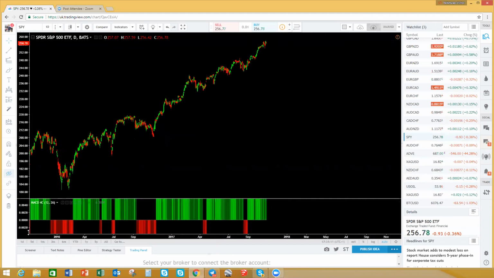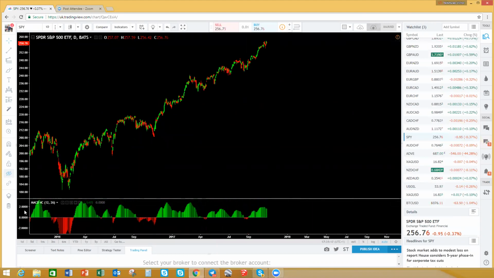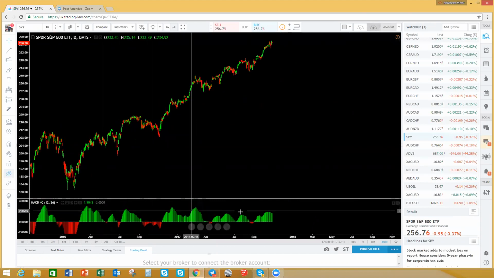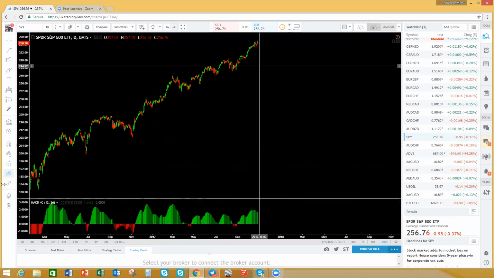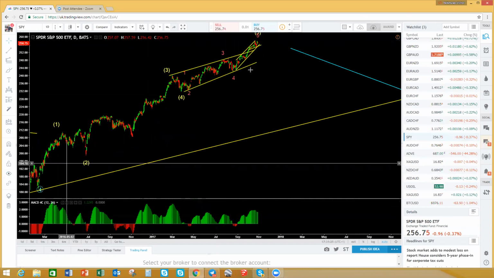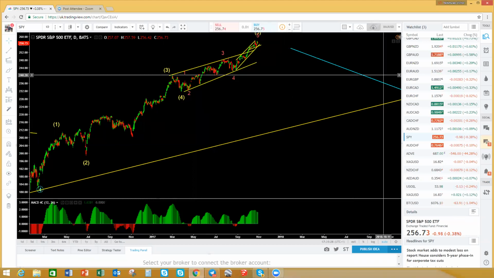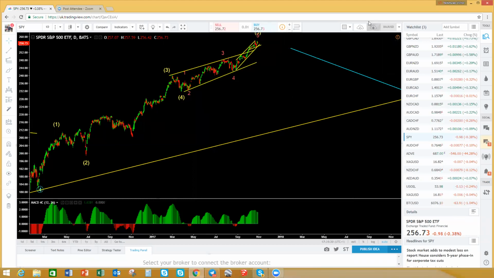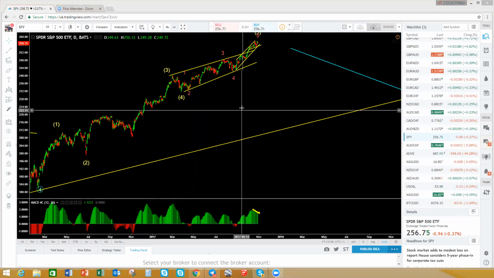The S&P 500 just keeps on going and going like the other indices. They're rocketing and rocketing, just going higher and higher. The only time this will drop is when we start getting divergence. If you put this on, you can see they're making higher highs, higher highs. Only now the indicator, the MACD, is starting to make some divergence. This is still going up, but the indicator is starting to diverge. And this is on wave 5